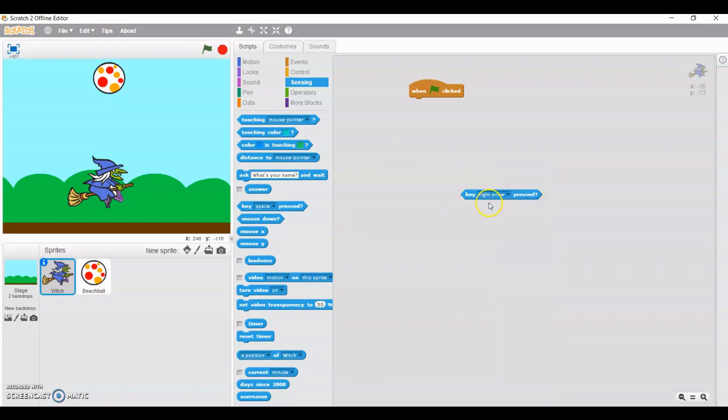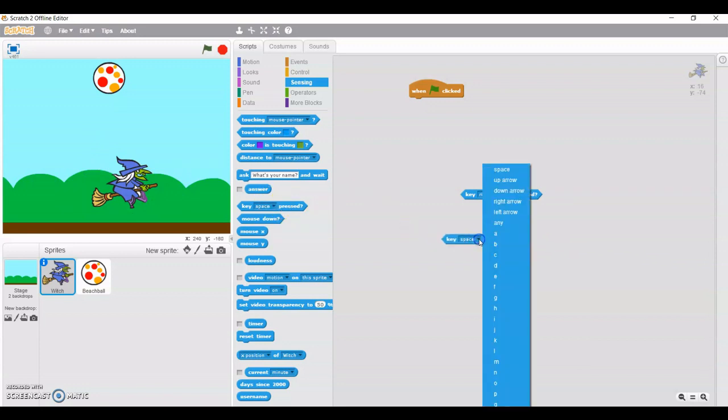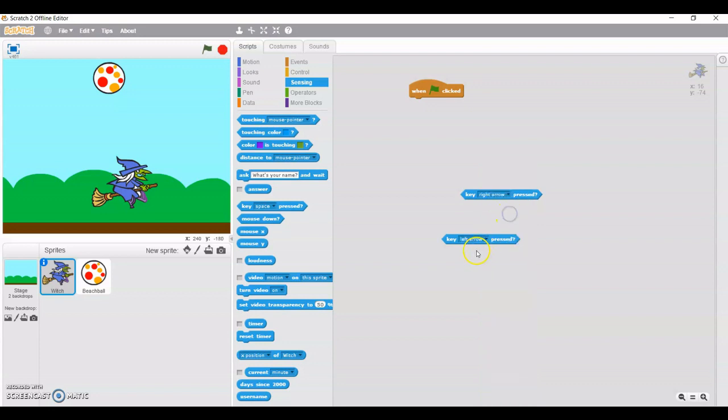When you press right arrow, what will happen? This object will move in positive x direction. And again I am taking another key, that is left arrow. When you press the left key from your keyboard, this object will move in negative x direction.